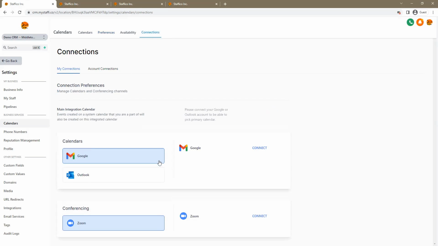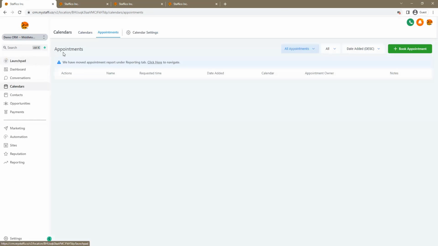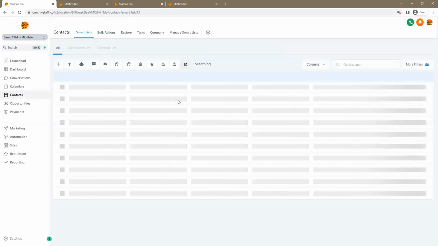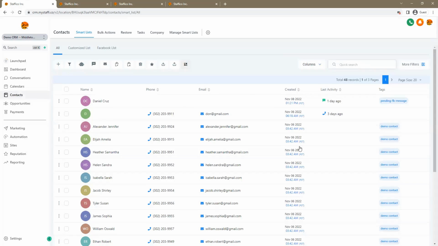So in connections, you'll be able to see that you can connect Google here, Outlook, and Zoom. So that's Google Meet, your email, and Zoom for your calendar. So that's it for the calendar. Contacts, there's a lot of things to unpack here on the contacts, but the bottom line is that you can